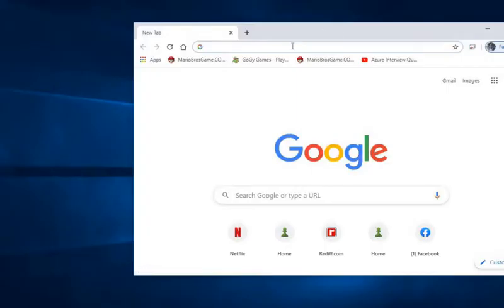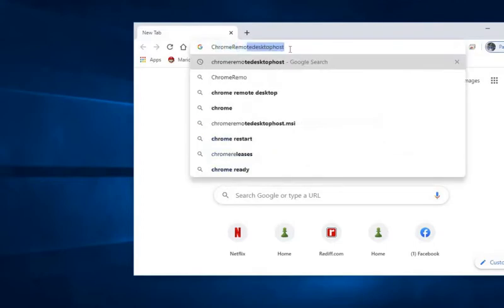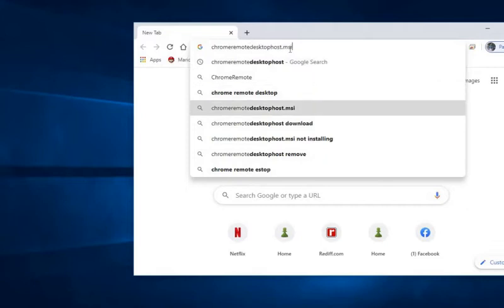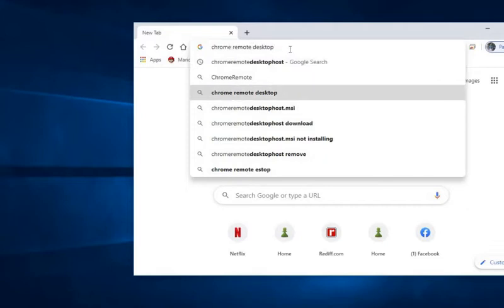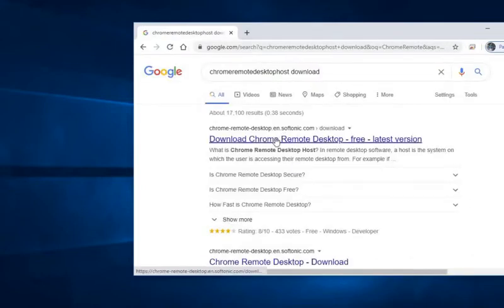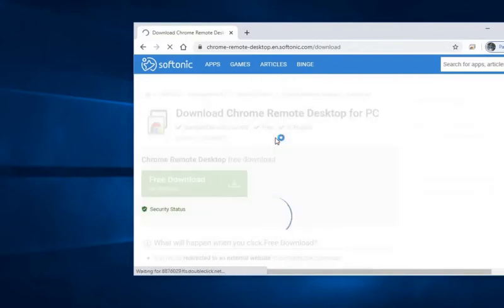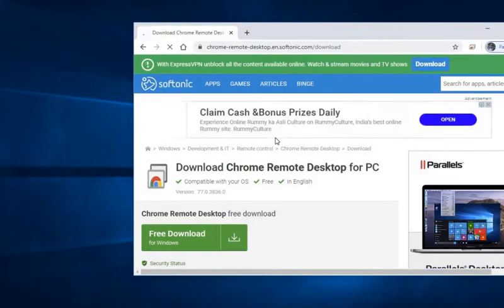How you can access the Chrome remote desktop, and with this application you can access your desktop from any device, even from your phone if you are not at home. So this enables you to access your desktop from anywhere using a browser.